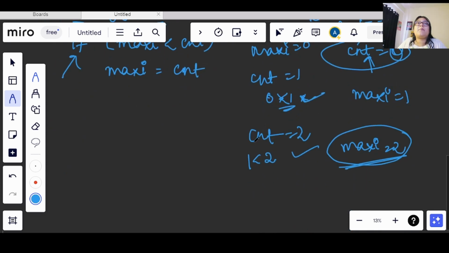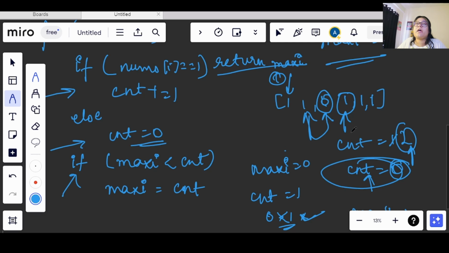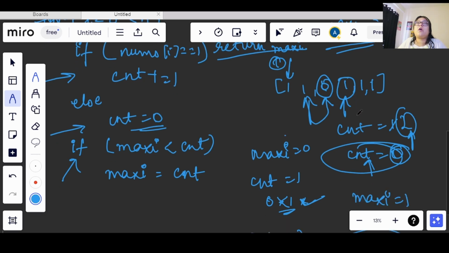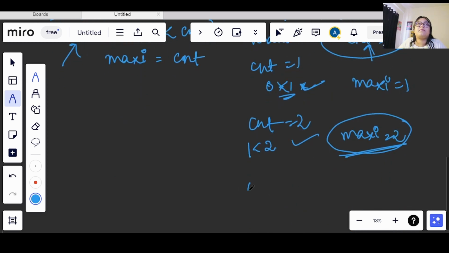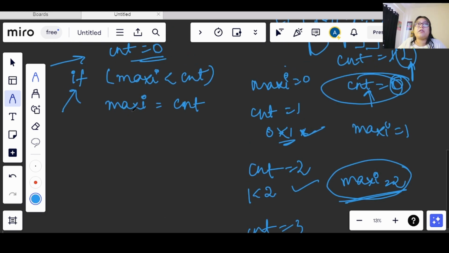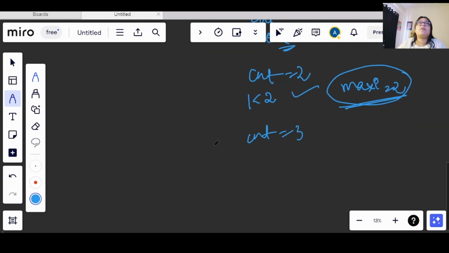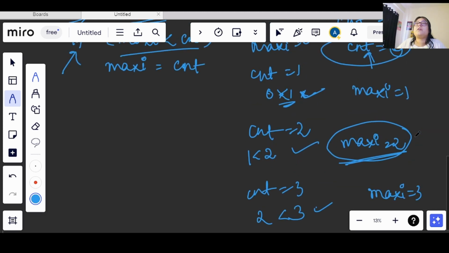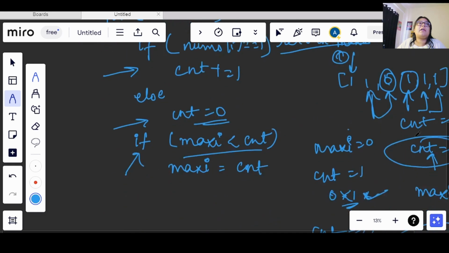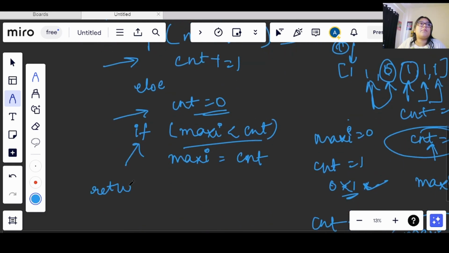Now this maximum that we have here is 2. So it will not update when we have this 1, the count as 1. Now again we will move here, count will become 2. Now we will come here, the count will become 3, right? Till now the condition was failing, right? So now our count became 3. So it will check if 3 is greater than 2 or not. It is. So maxi will get updated to 3, right? So this is how we will be working, and out of this loop we will simply return the maxi.